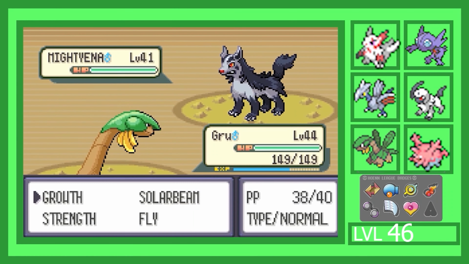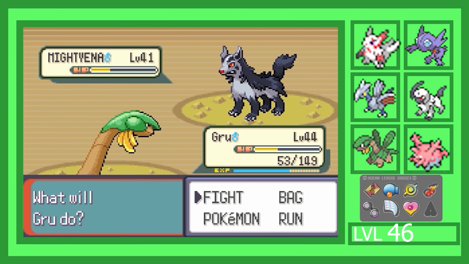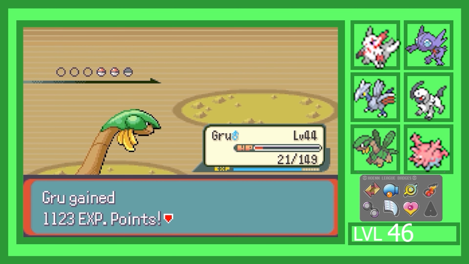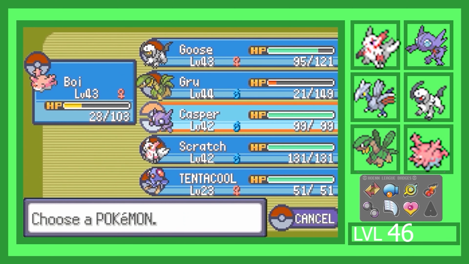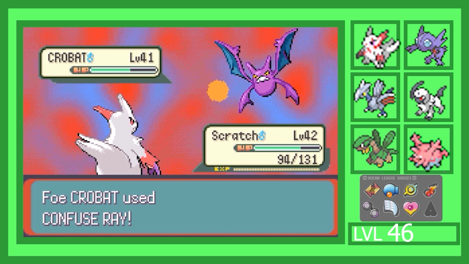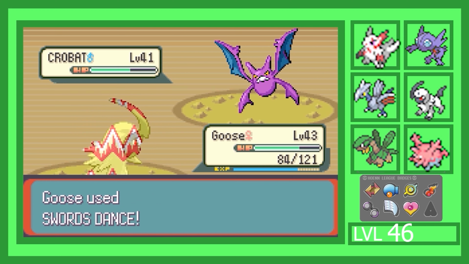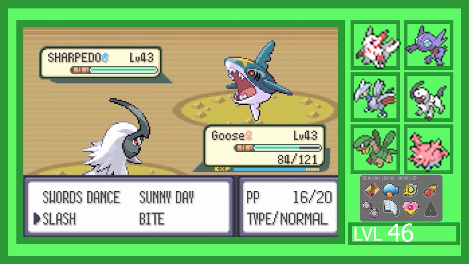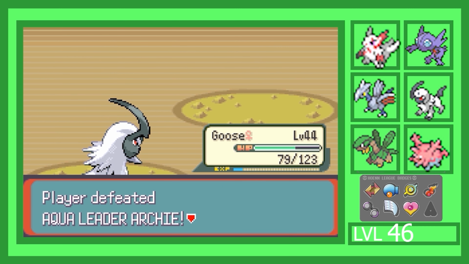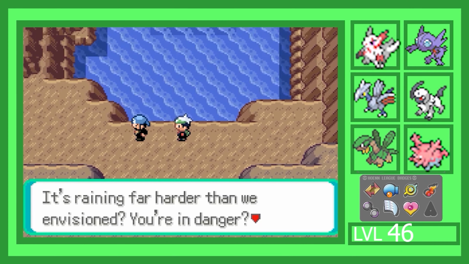After that, we go fight Archie, and he's trying to awaken Kyogre. Here we just go for a fly strat, because I'm kind of tired of using Swords Dance and Slash. But you know what? Our team is so weak, especially Corsola, that we just had to switch out and go for a Swords Dance Slash strategy with Scratch and then 2 Goose, which Goose does perfectly, completely wipes out. Level cap is raised to level 46, but after we beat Archie and he awakens Kyogre, we have to continue